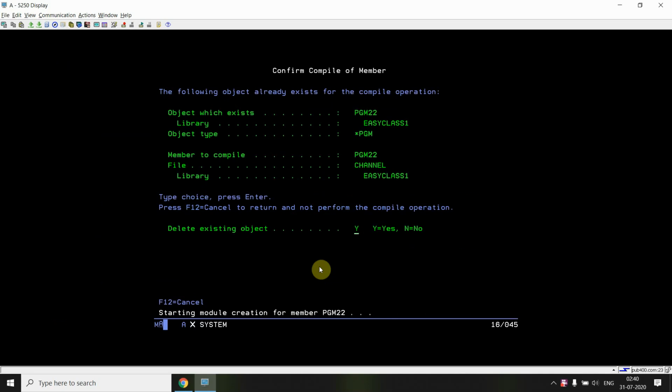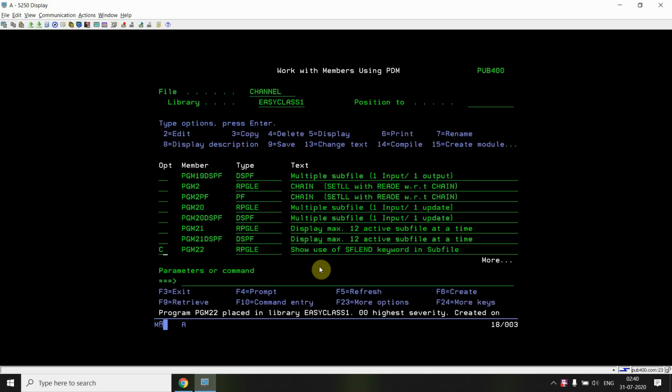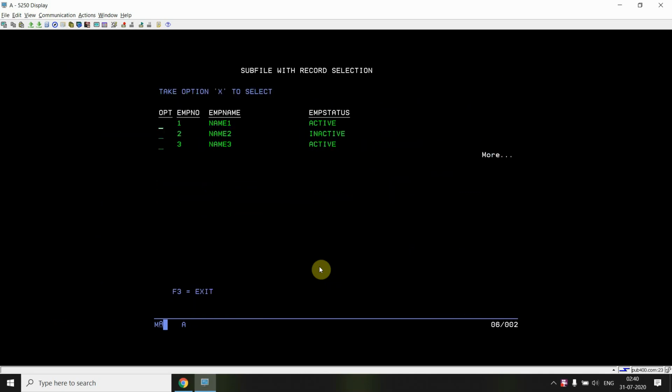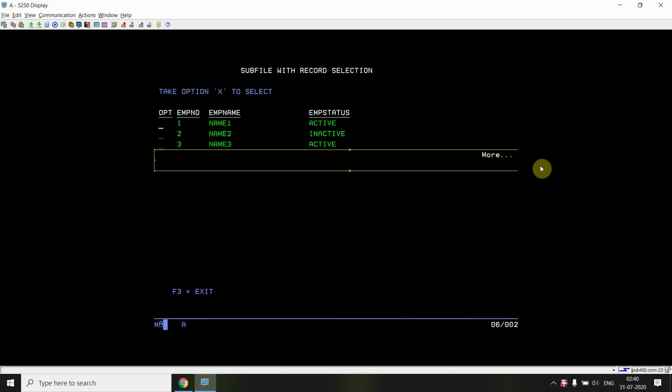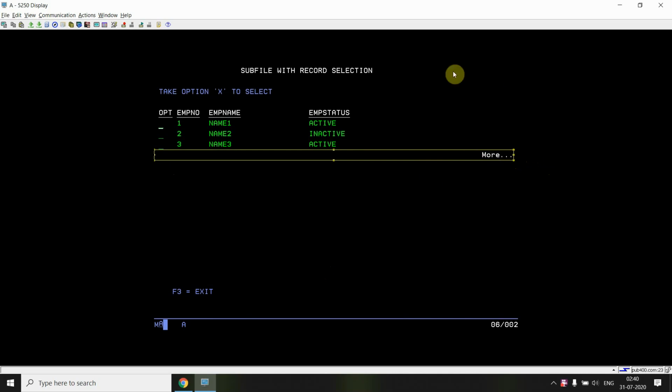And now after compiling this program, just call this program. Now you can see the More text on the bottom. Just after the last record of the subfile page displayed, you will be seeing that More message.